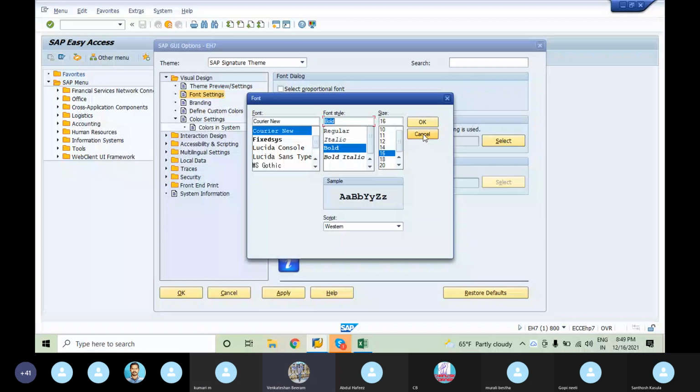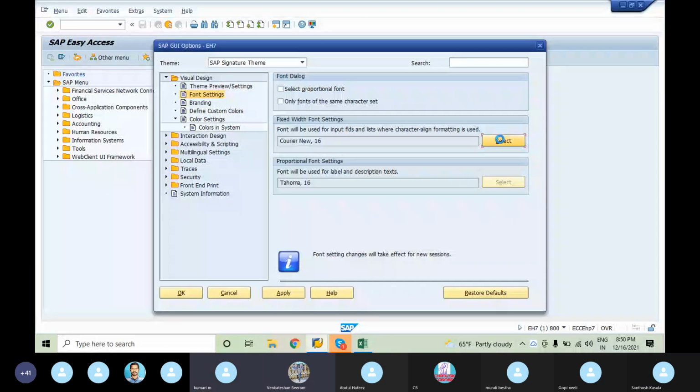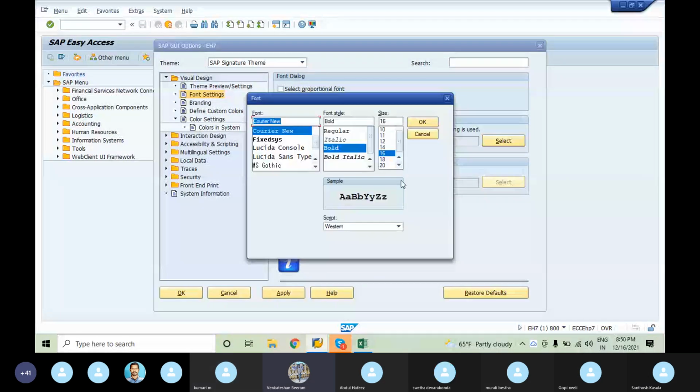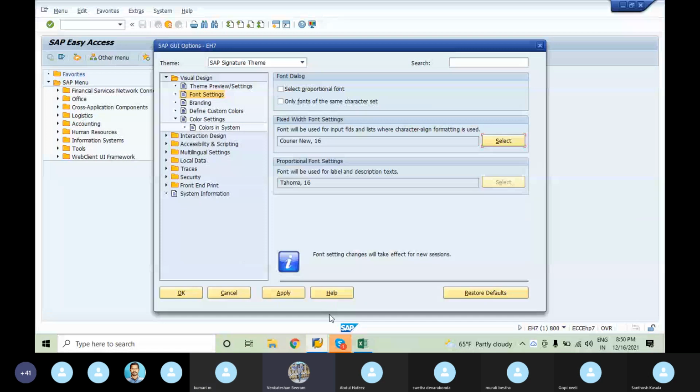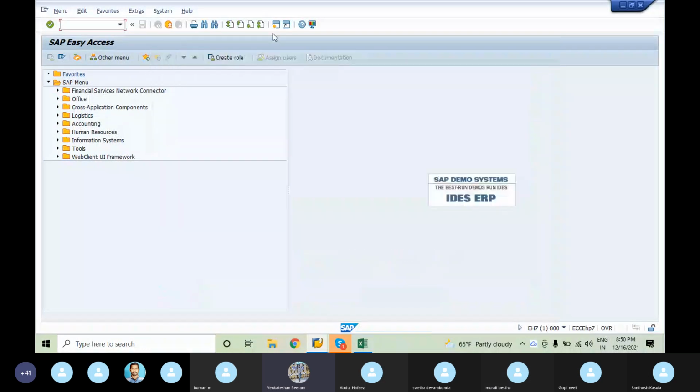Exit, then log out and log in once again.